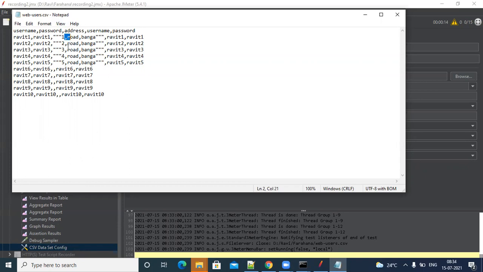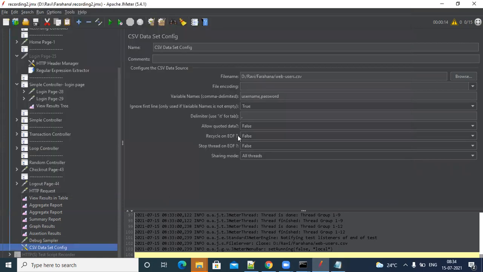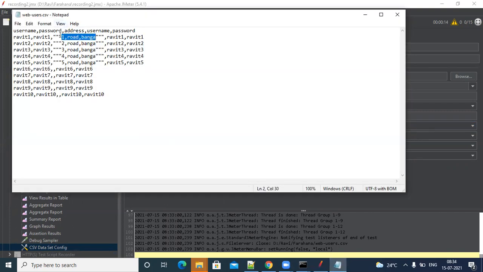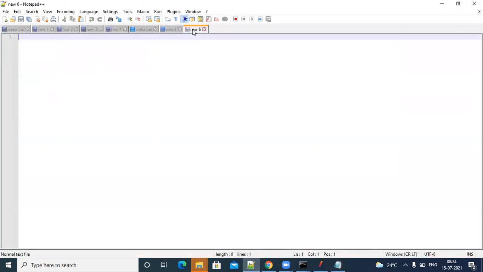In that case, if you want to use these 3 together in one field, you have to use the allow quoted data option. Make it true and put your data in double quotes. See, in the text file it is displayed like this, but in reality it will be displayed like 1/road number, Bangalore. So in the CSV you define it like this: instead of leaving it empty, you put double quotes.